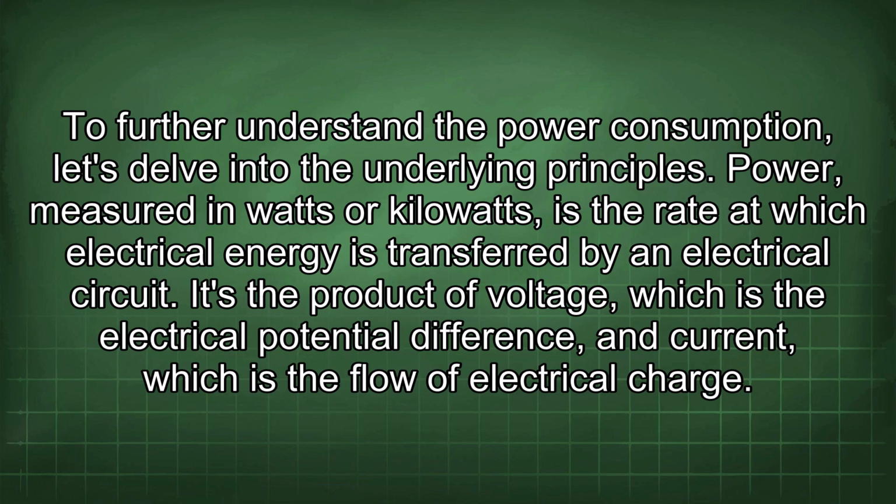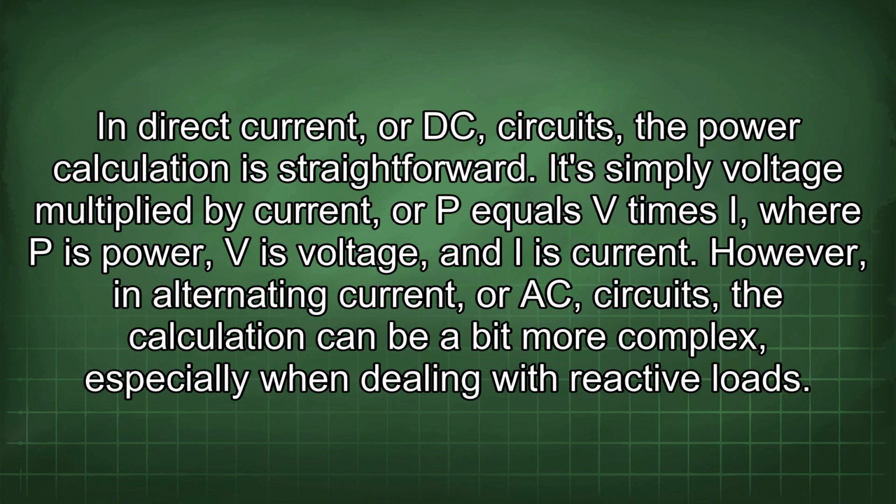Power, measured in watts or kilowatts, is the rate at which electrical energy is transferred by an electrical circuit. It's the product of voltage, which is the electrical potential difference, and current, which is the flow of electrical charge. In direct current, or DC, circuits, the power calculation is straightforward. It's simply voltage multiplied by current, or P equals V times I, where P is power, V is voltage, and I is current. However, in alternating current, or AC, circuits, the calculation can be a bit more complex, especially when